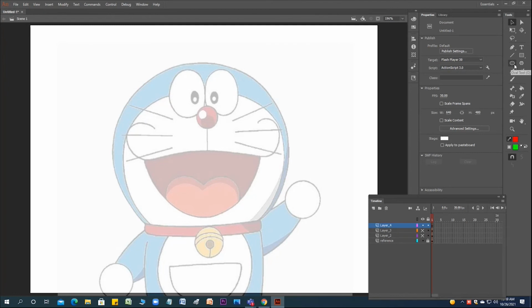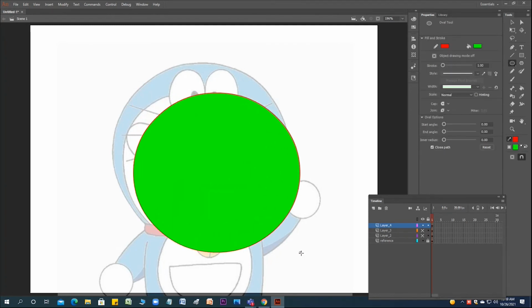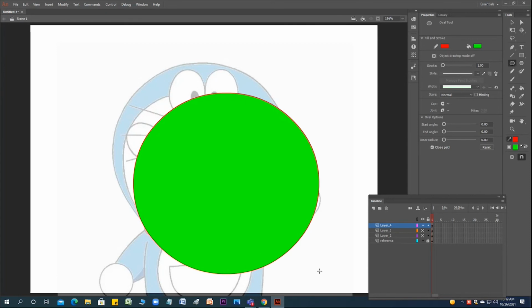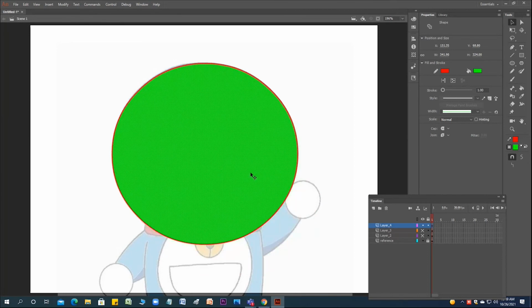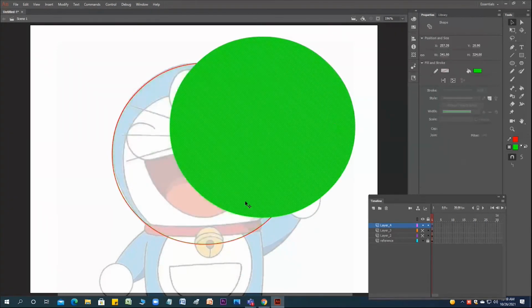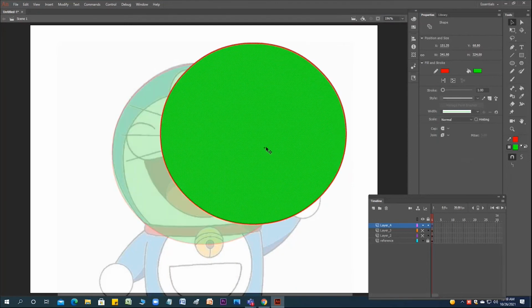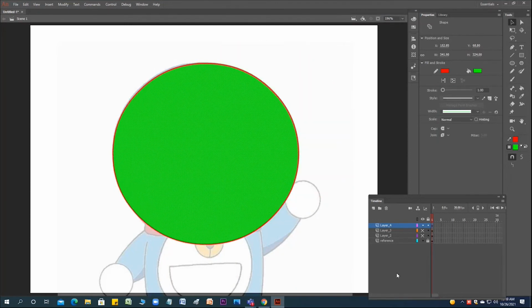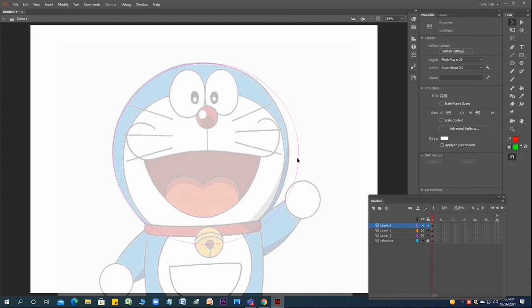So if you go to oval, which is very near to this, press V, double click. Make sure always double click. With a single click, you can separate it from this. So if you want to move, then double click. And in the layout, this layer system, these icons are there. If it is outlined, if I click, I can see the outline in there. Then again, you have to modify.